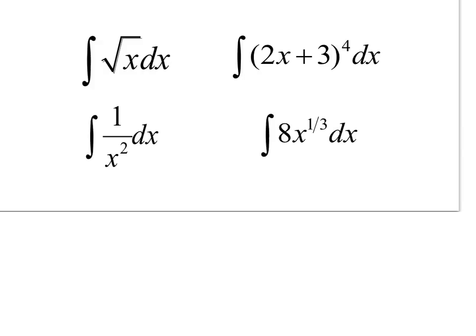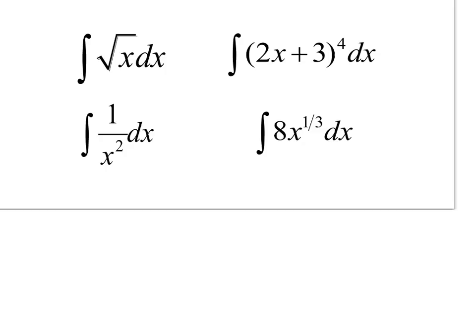Okay, let's review indefinite integrals, which are antiderivatives. This first one's tricky because the square root of x is not a common function, and we need to realize that it can be rewritten as x to the 1/2 power dx, and then I can use the anti-power rule on that. So if I antiderive that, add 1 to the exponent, I get x to the 3/2 divided by